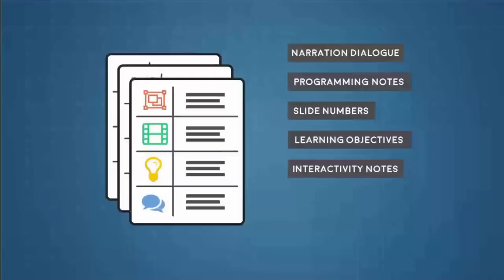Interactivity notes, kind of going back to the programming notes. You might include some interactivity notes. If you have a branching scenario, you might need to explain, especially for your subject matter experts, if they're not e-learning developers, you might have to include notes that say, there are two buttons on the screen. If the user clicks button 1, it'll take them down this path. If they click button 2, it'll take them down this path. It's important to include that detail because, again, the people reviewing your course may or may not have an understanding of what e-learning is or interactivity is.